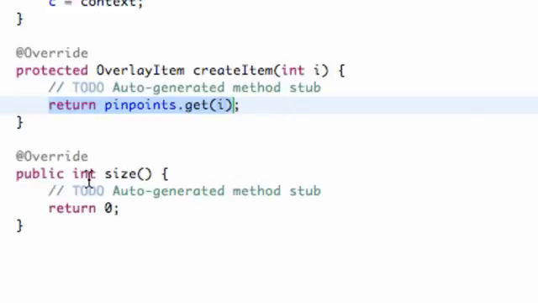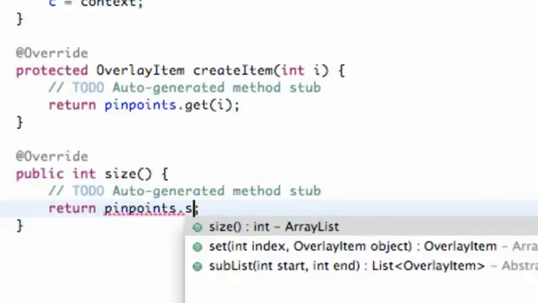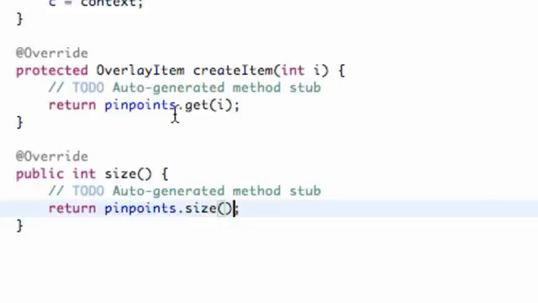And basically when we use this size method, all we're going to do is return the size of our array list. So again, it's going to be simple. So pinpoints dot size, and that's going to be the size of our array list. So that's just going to return how big our array list is,